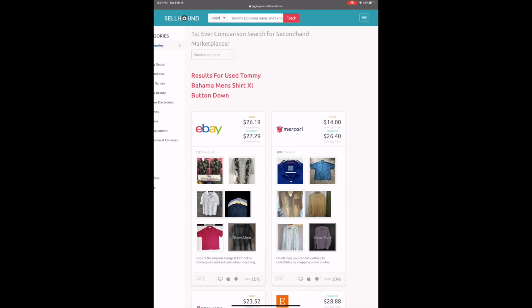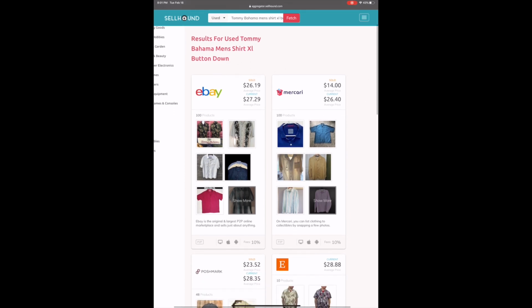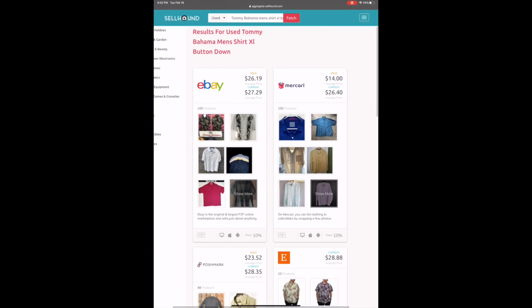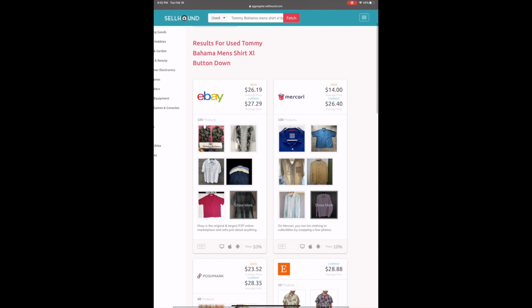So if we take a look over at what it's showing for eBay, it is showing that the current listed price is $27.29. This is all in, guys. It's going to include everything. And that the sold is about $26.19. So they're actually showing a little higher than that $22 price that we saw over on Terapeak and